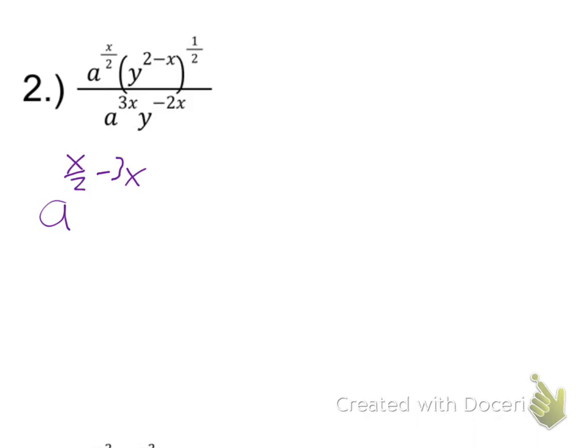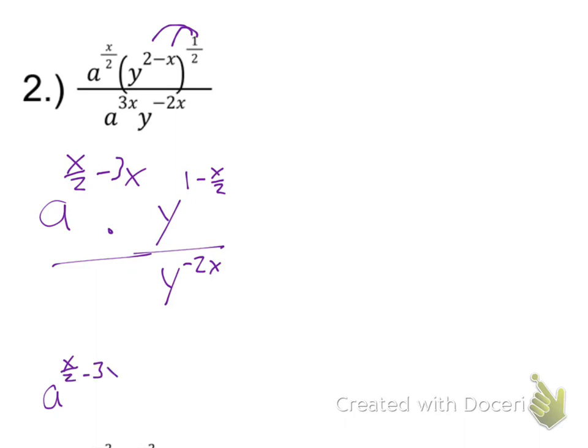The y's, on the other hand, take a little bit of work. This y on top, I need to distribute the power of a power. So this becomes y to the 2 times 1/2, which is 1, minus half of negative x, which is negative x over 2, over y to the negative 2x. I still have to get a common denominator. And so, I'm dividing these y bases. What do I do to my exponents again? Subtract. So this becomes a to the x over 2 minus 3x, y to the 1 minus x over 2